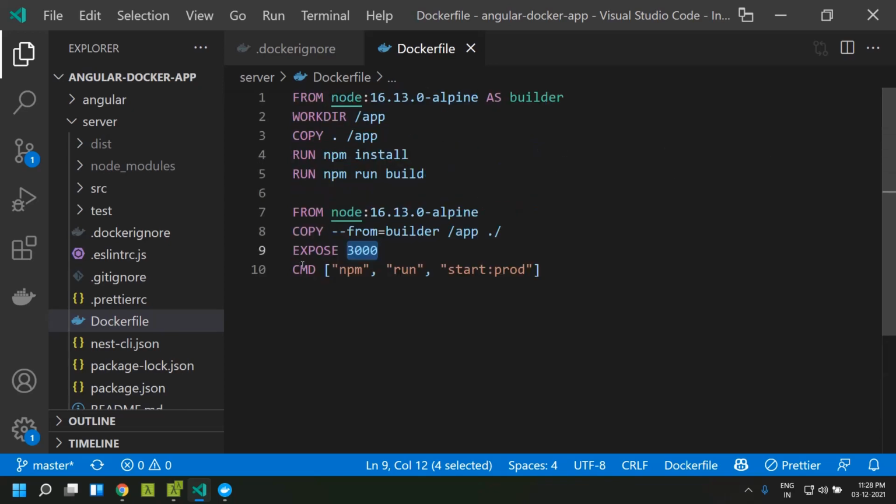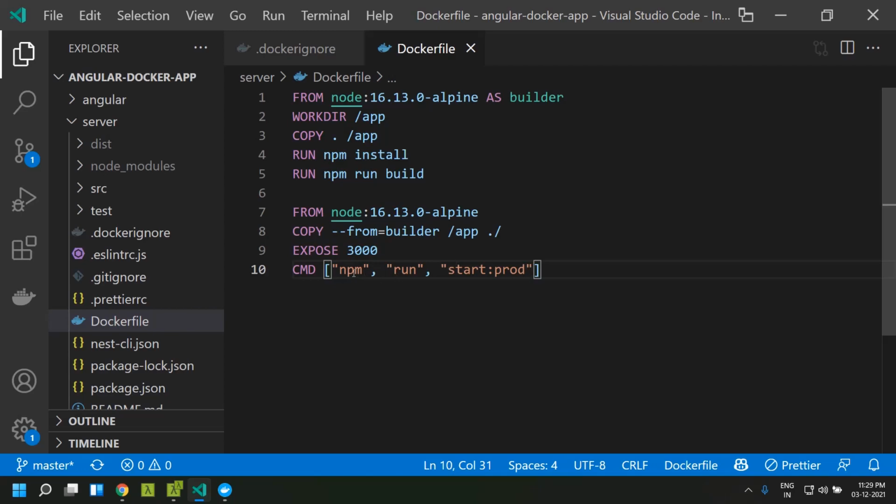After that we are giving a cmd, that is a command. This command will be executed once our Docker container is up. We can give only a single cmd command within a Docker file. Even if we give multiple, only the last one will be taken. There is a similar command called entry point. The difference between entry point and cmd is that in case you provide any command line arguments to a Docker container, when we are using a cmd, those arguments will overwrite the command which we give. But in case of entry point, they will be appended.